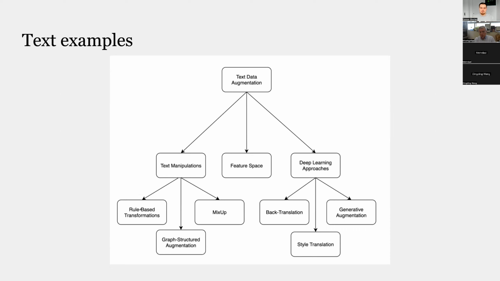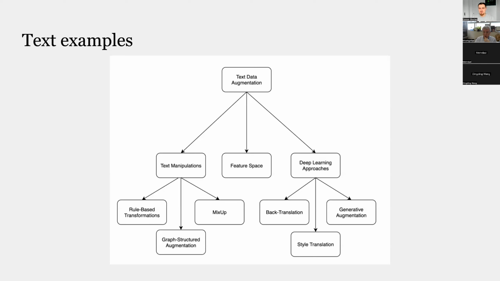You have rule-based transformations, like synonym replacement or insertion, and graph structured augmentation, where you use a knowledge graph to be more semantic, so it's not just synonym replacement, and you can try to replace paraphrases by having a graph structure of how entities are related to other entities. Mixup is where you just smash together two paragraphs or sentences. And then again these deep learning approaches became super interesting, and they were especially successful in text, with the most recent being the ChatGPT or GPT 3.5 models, and the way they can generate novel data that you could use to supplement your training set for text classification or something like that.